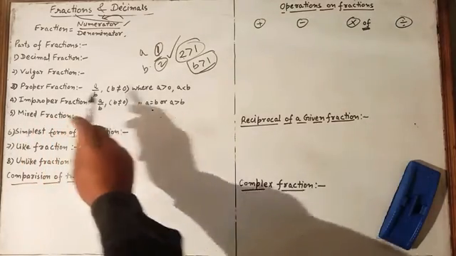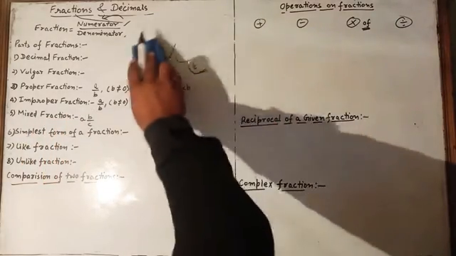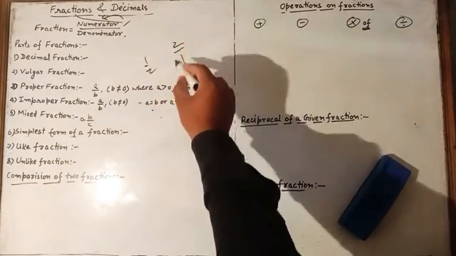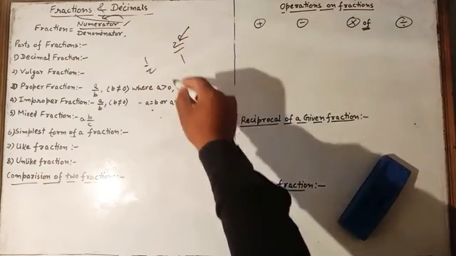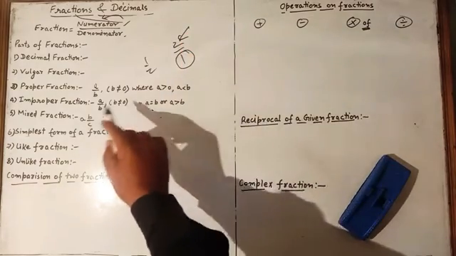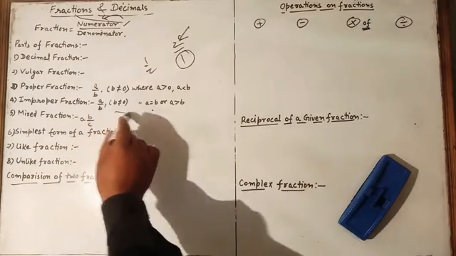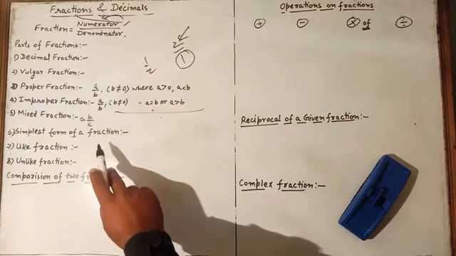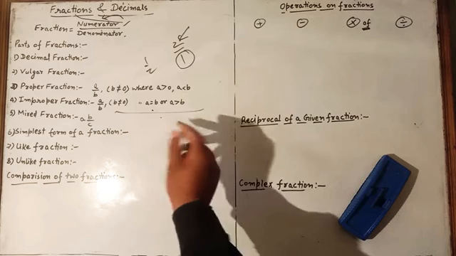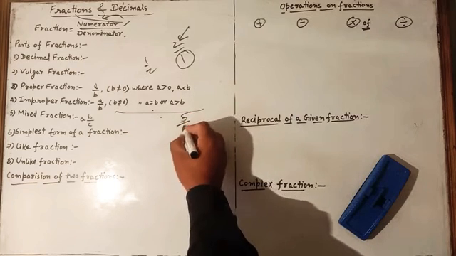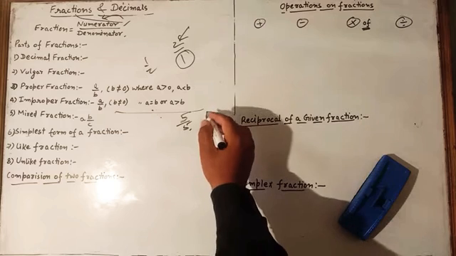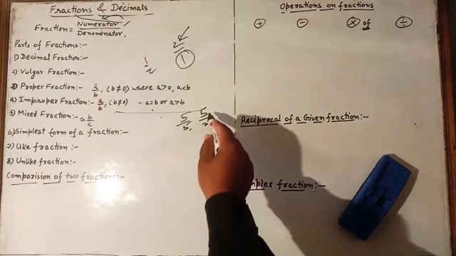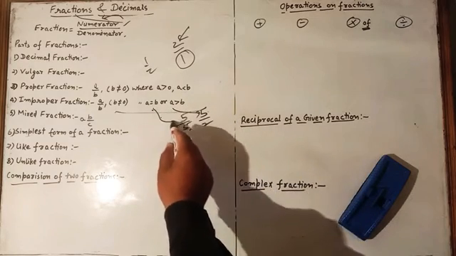So an improper fraction is again the opposite of the proper fraction, in which here was 1 upon 2. If we are writing it as 2 upon 1, meaning the numerator is greater and the denominator is smaller, then it will be an improper fraction. Or symbolically we can write a upon b, where b is not equal to 0, and a is equal to b or a is greater than b. If it is written 5 upon 5, then also it is improper. Or if it is written 5 upon 2, then also it is improper, because a is greater, you can see, and a is equal to b, like this.